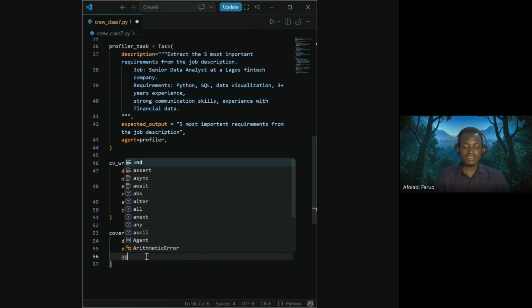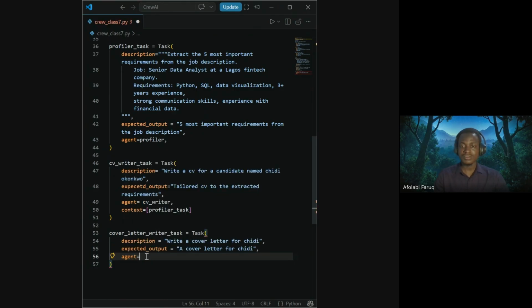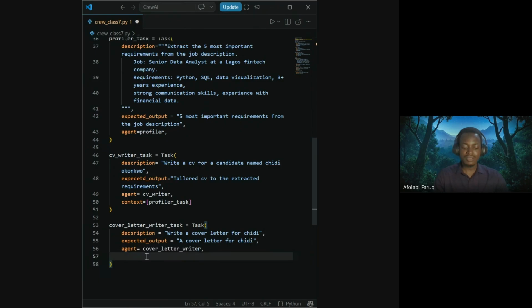Then we have the agent to handle that, going to be the cover letter writer.